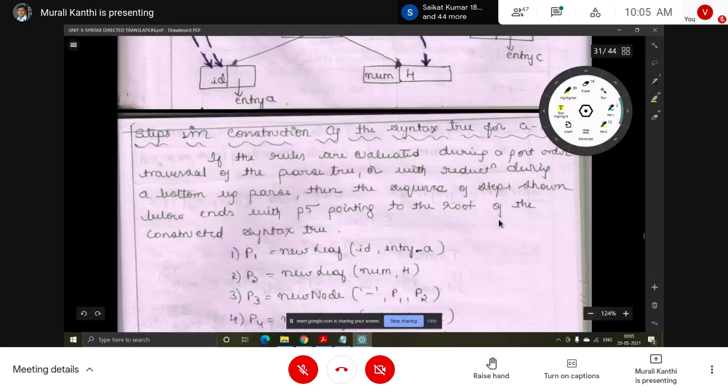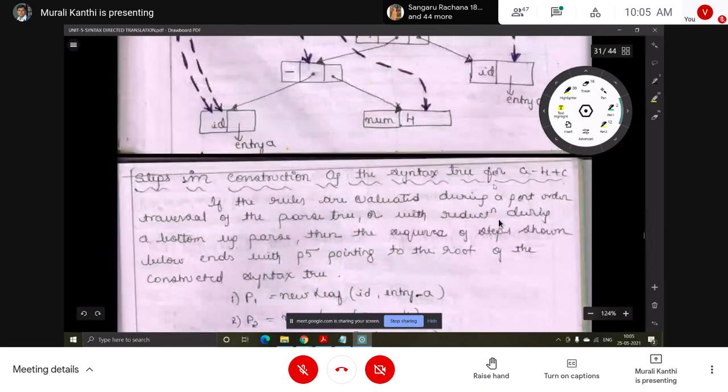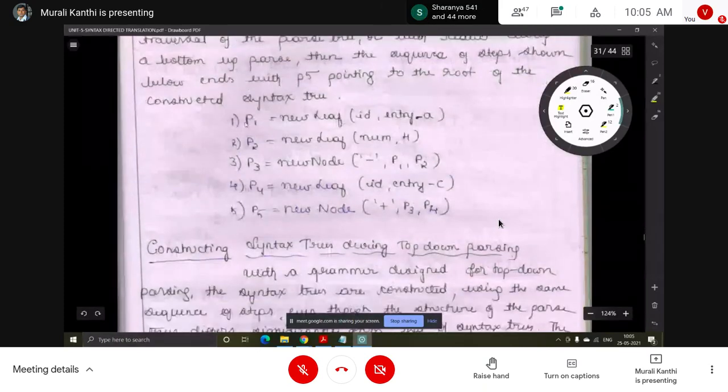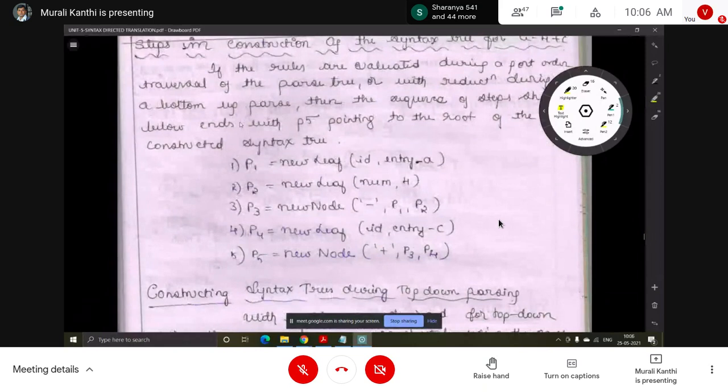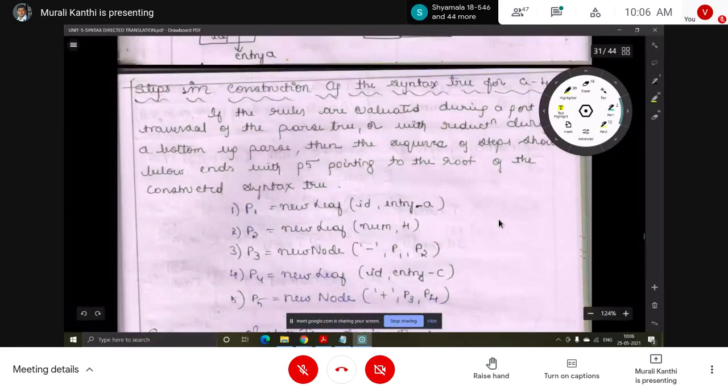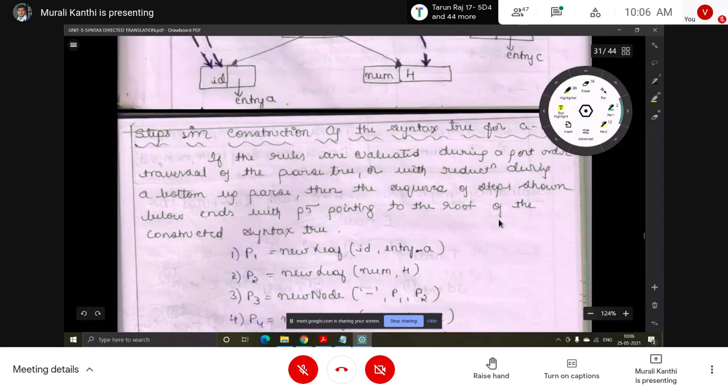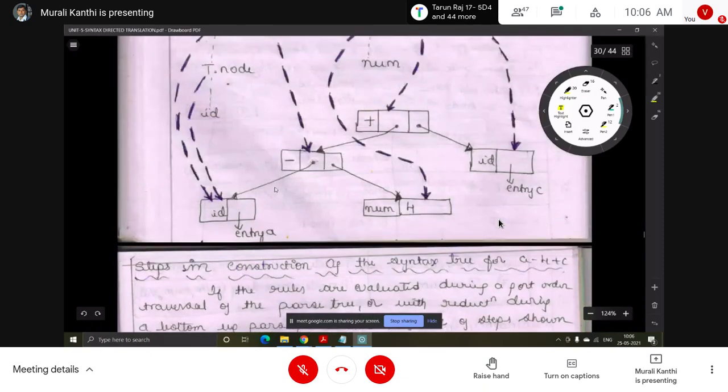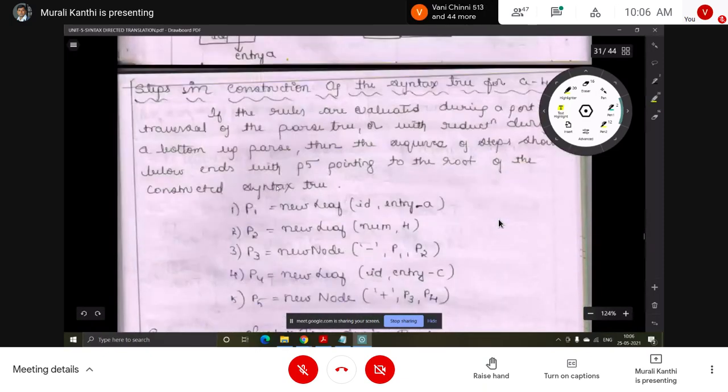These are the steps for how this syntax tree is constructed for a minus 4 plus c. First, we have to take these nodes. P1, P2, P3, total how many? 1, 2, 3, 4, 5. So 5 nodes are constructed. P1 equals the first leaf node creation, id comma entry a.